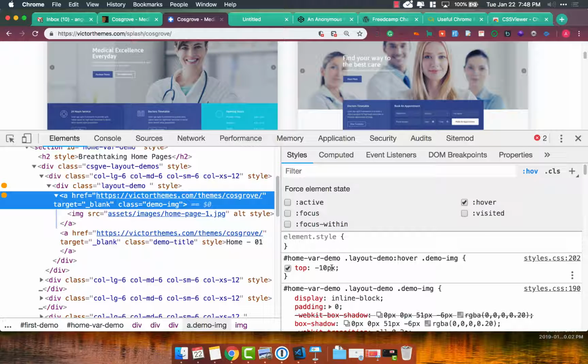Negative 10 pixels top. I also do this in certain situations when you want to make sure that the user doesn't get startled by the actual, like, why did they hit the edge of the button or whatever. It only then does the animation. And especially when it's a cool animation like this, it's worth doing it the other way. So